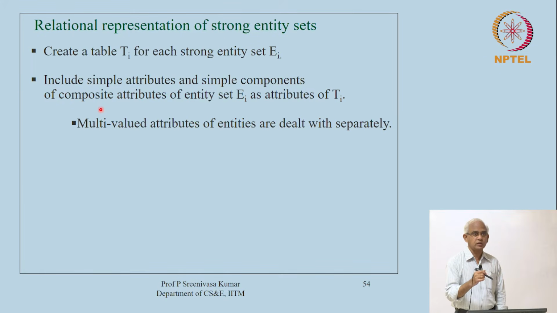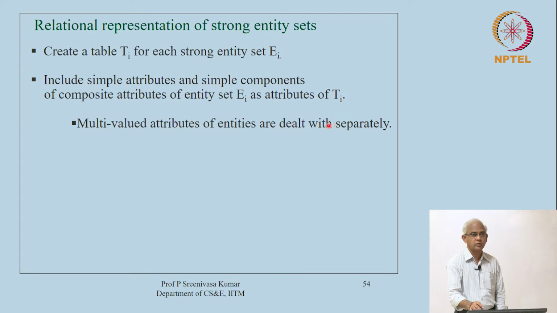And that component itself can be again composite, right. And so, we go to the leaf level in some sense and pick up all the simple components of all these composite attributes, and those names alone will be the attribute names for the table TI. Okay. One thing that we have to do is to handle the multi-valued attributes of these entities separately,